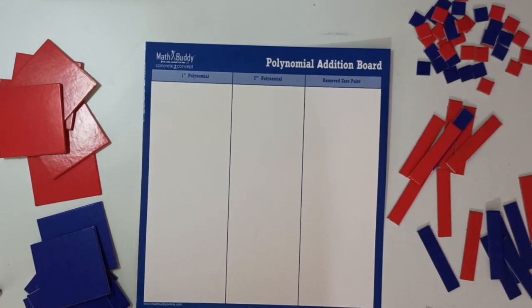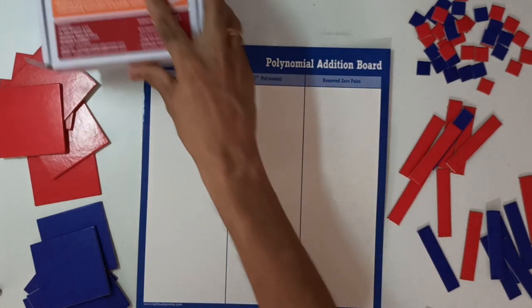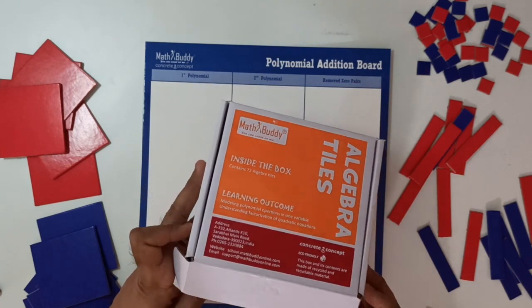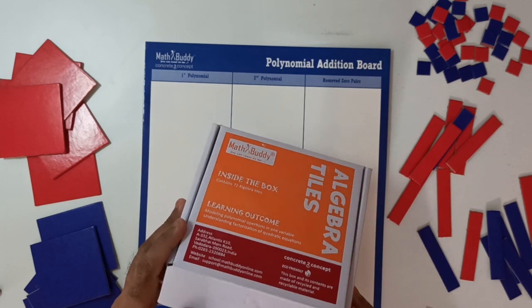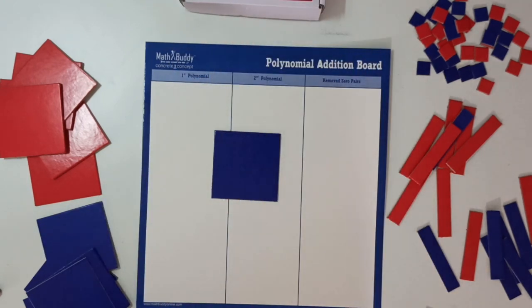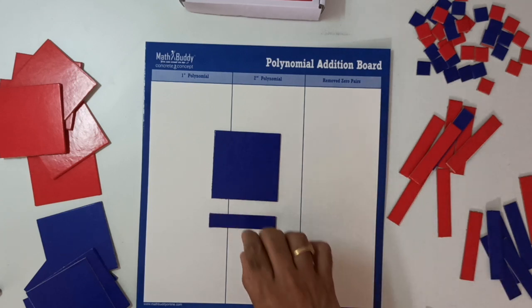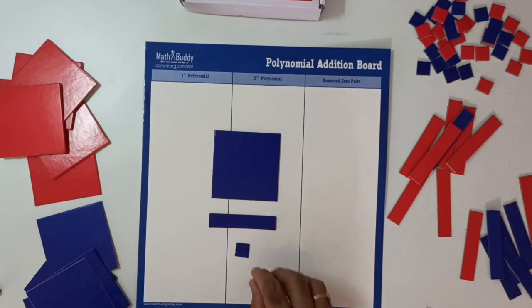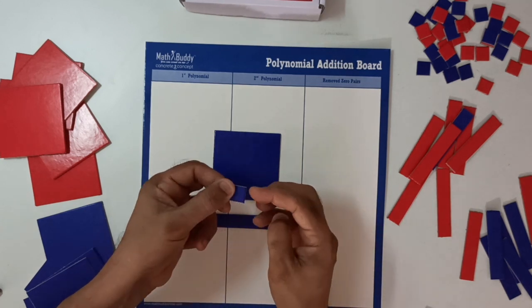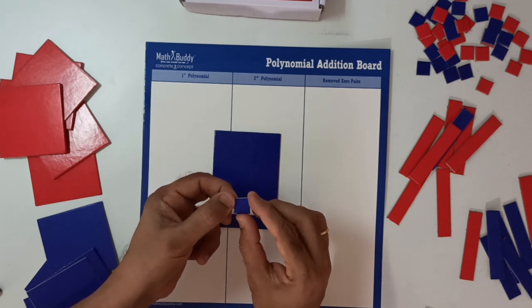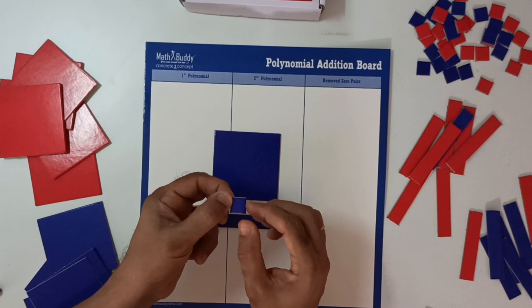We're going to be learning about adding polynomials, right? And we're going to be using this instrument which is called algebra tiles. So algebra tiles has various colored pieces as we may have seen in other activities. We've got some big blue squares, we've got some rectangles, and we've got some small squares, right? Now each of these things has a width of 1 and a length of 1. So we use this to represent units, right, or constants.